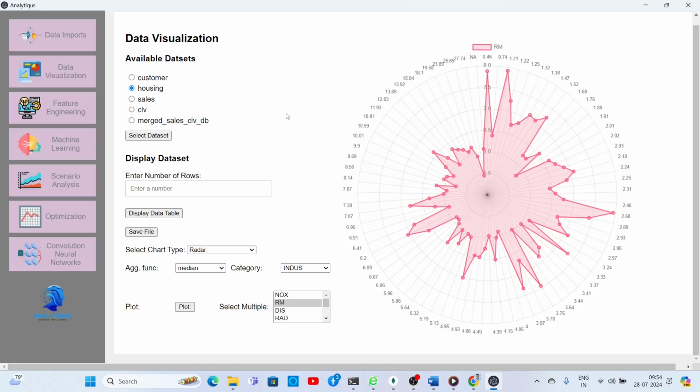Let us end this video here. We have already discussed various capabilities of this software. Not only can you do machine learning tasks, but you can do optimization tasks also, like you can build a mixed integer programming model here, or a non-linear mixed integer programming model here. That is very useful in supply chain or business analytics.